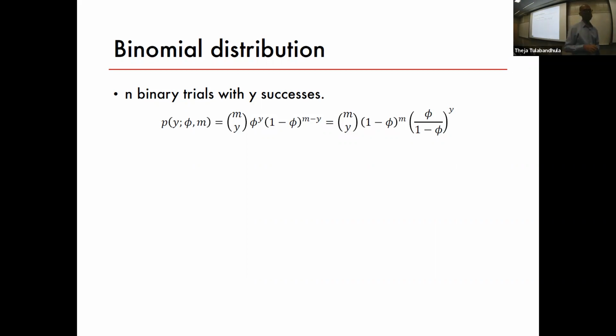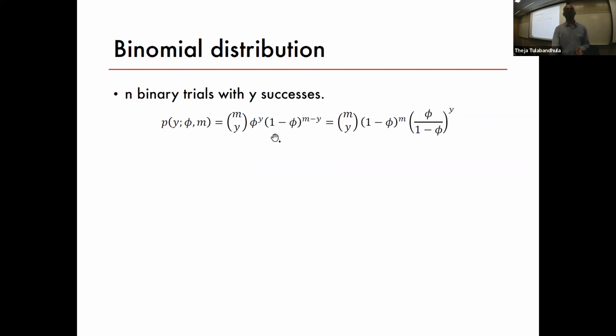So typically, let's say there are n binary trials or Bernoulli trials. Then the distribution function is something like this. It's n choose y. You are saying in n trials, let's say y is equal to 3, how many times would you get 3 heads? That is 10 choose 3 times the probability you can get a head to the power 3, and 1 minus the probability you can get a head to the power n minus 3. This is just the definition of the binomial distribution, by the way.